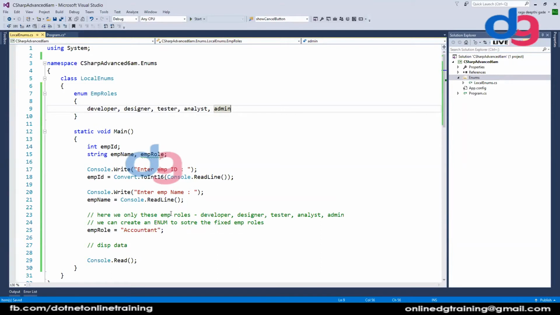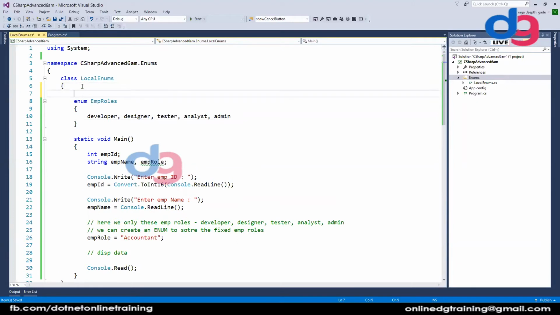Now, whenever we have to assign a fixed value from these roles, instead of saying it like this, we use the enum. See now, emp roles dot, what is the role he has?